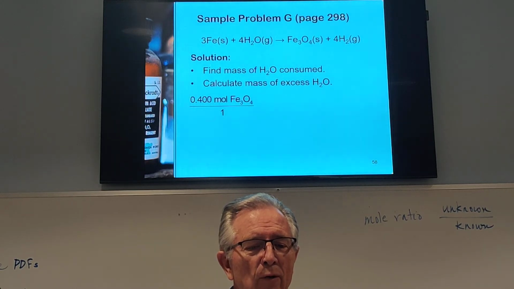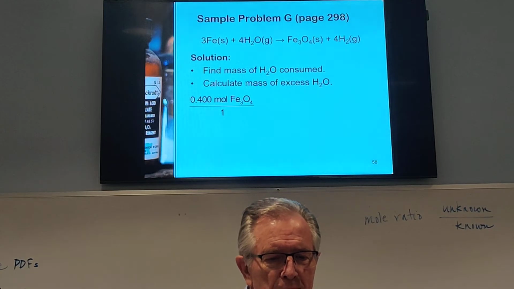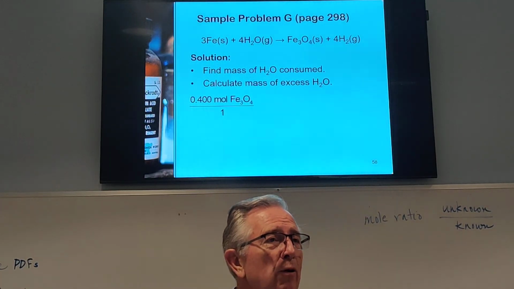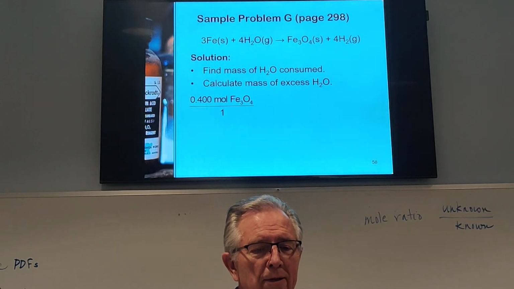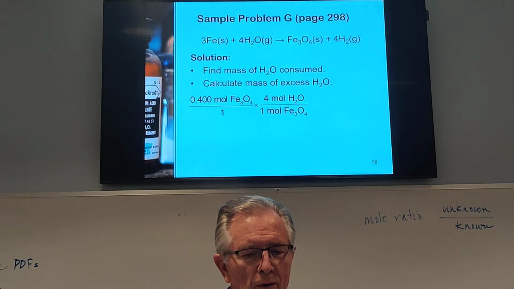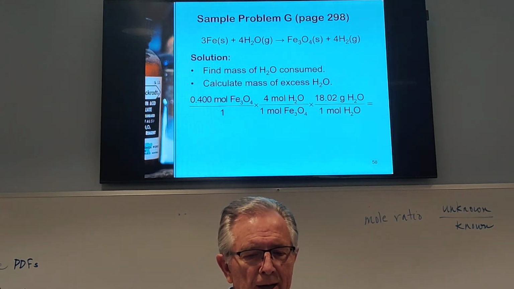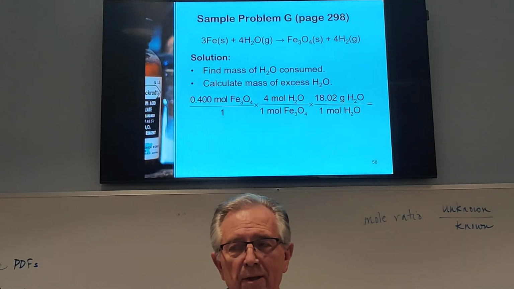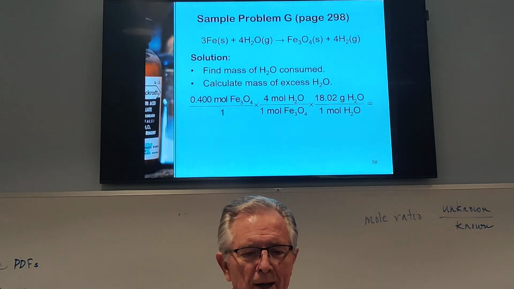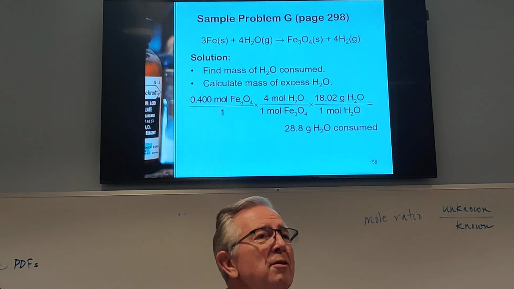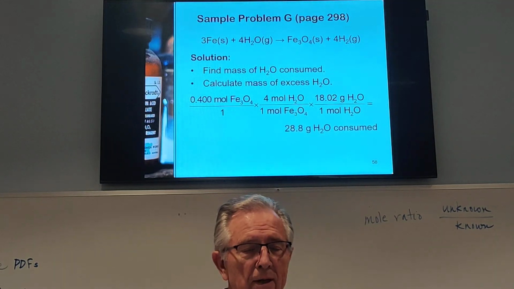The Fe3O4 is 1, and there's a 4 in front of H2O. So I'll need 4 times as much water as I make of iron oxide. So it's 4 over 1, and then I have to change that into grams by multiplying by my 18.02, and I find out I need 28.8 grams of water